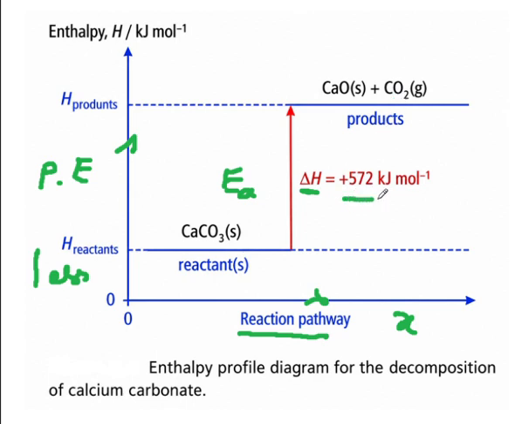One mole of calcium carbonate decomposes to produce one mole of calcium oxide and carbon dioxide gas. So how much energy is required? Delta H equals positive 572 kilojoules per mole. Here calcium oxide and carbon dioxide are the products, and these are the reactants. So what is the energy difference between the products and the reactants? Here we can see plus 572 kilojoules per mole, which is said to be an